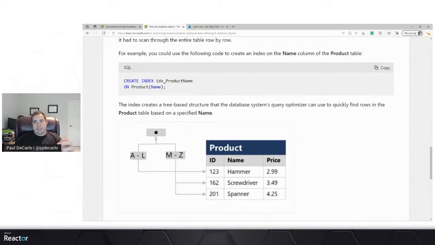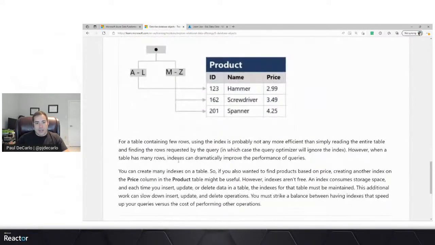But just for sake of demonstration, showing you that it can split these out in such a way that now it no longer has to scan the entire database to find an entity. So if we were looking for, say, the hammer, it could find that in the A through L section, and screwdriver similarly would be in the M through Z, allowing us to divide, not looking at half of the data that would essentially comprise our table. And that's the ultimate optimizer that you get here.